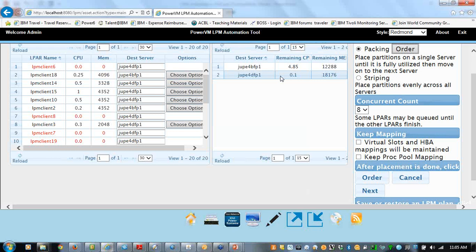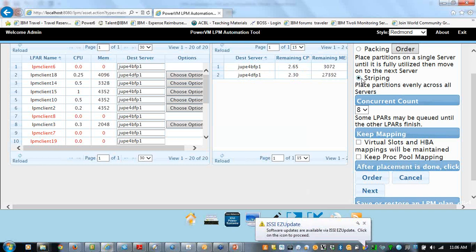So we had one server that was mostly full and one server that was mostly empty, and we get striping. We're going to mostly fill up that first server until they get to be equal, and then every time we get ready to place, we'll say which one has the most CPU, I'll put it there. And of course, we also make sure we have the right memory and stuff like that. So that's how we stripe it. So if I click on the striping button here, we're going to see how this gets changed again. So now we're striping, and now both of them are going to have over 2 CPUs left.